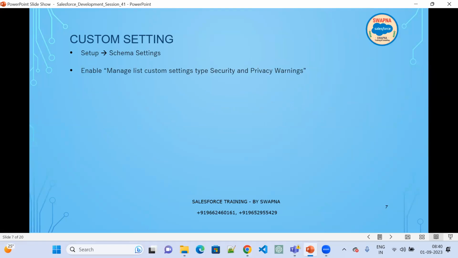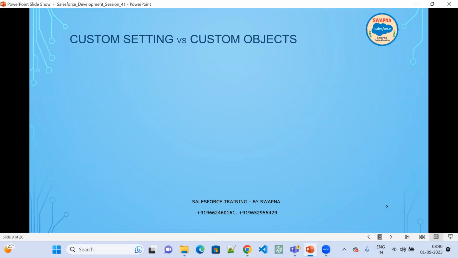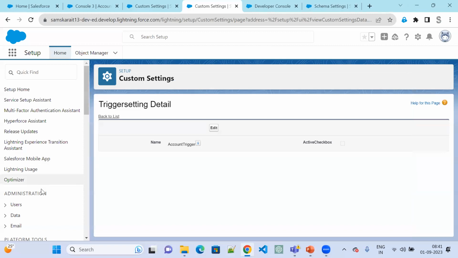Now, we have already seen the navigation steps. Now the differences between custom settings and custom object. In the custom object, all the custom field types are supported, right? So I can create any custom field. Whereas in custom settings, no relationship. I cannot create relationship fields, or a pick list, or a long rich text area. Now if I go to the custom settings,